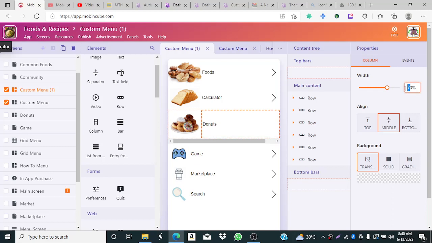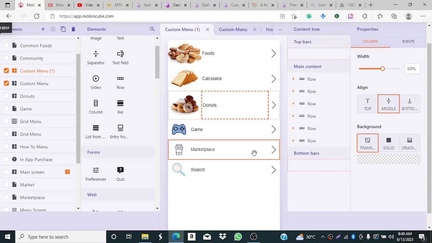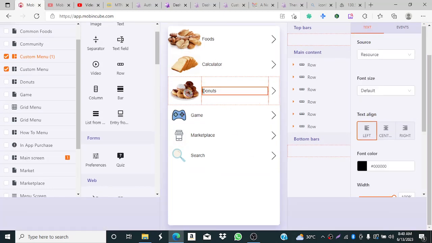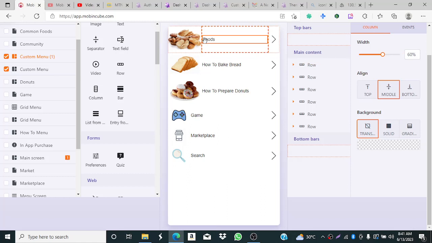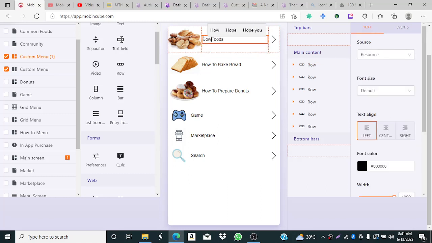We need to reduce this to 60%. But it's not just donuts, it is how to prepare donut. Then this one should be how to prepare bread, or how to bake bread. Then this one should be how to prepare